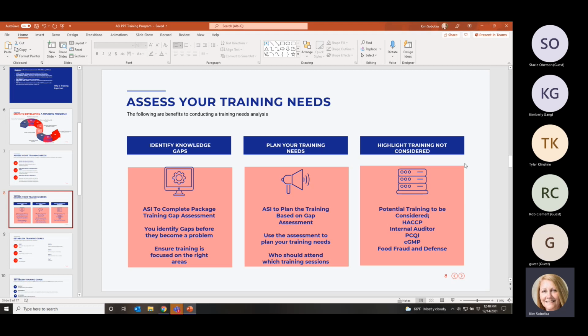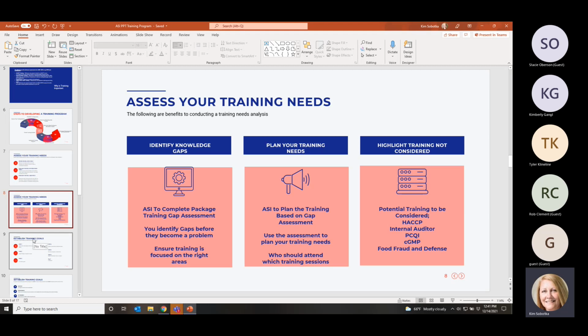I'm just curious how robust his program is. And then, does he exceed requirements of the SQF code, or does he just meet the requirements? And then who he trains in terms of that. So those are just some ideas of training that you don't want to overlook. You can pretty much train people on anything at any time. You just have to make sure that it's all documented.